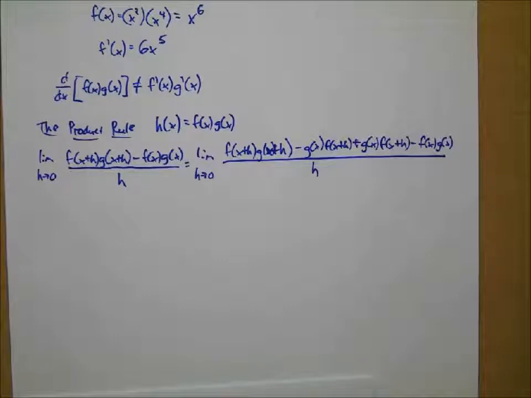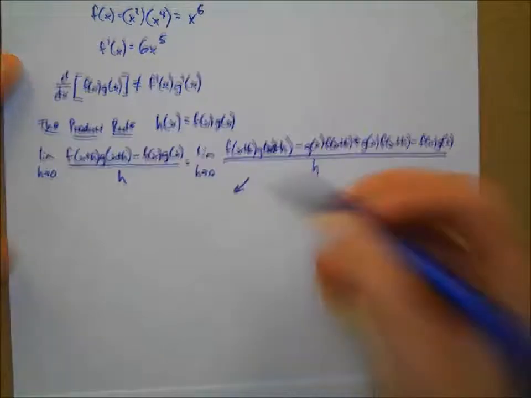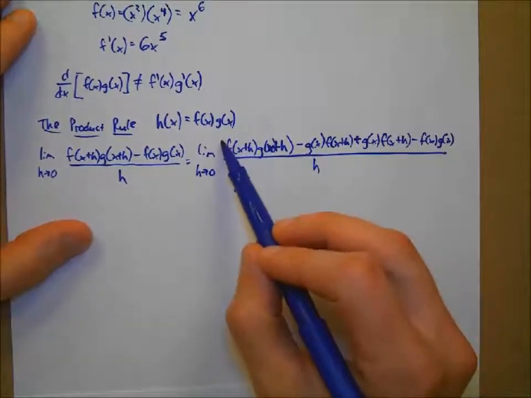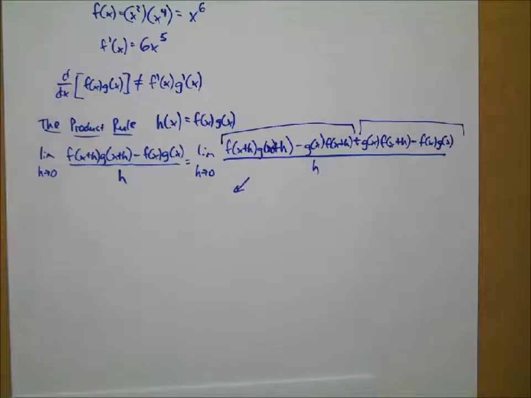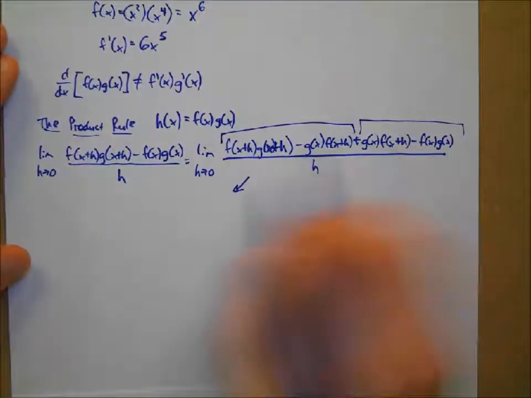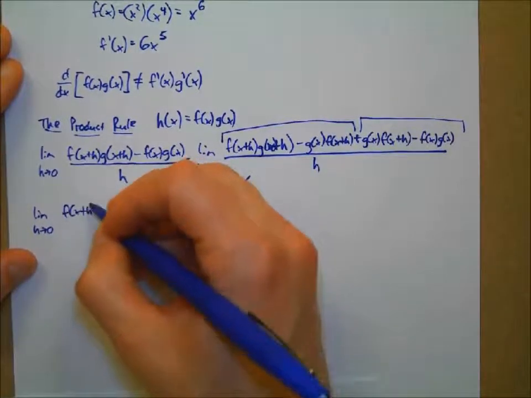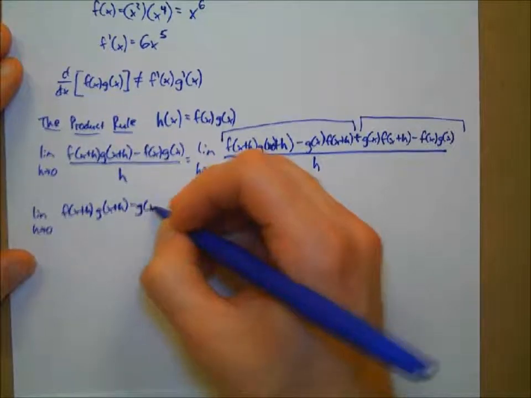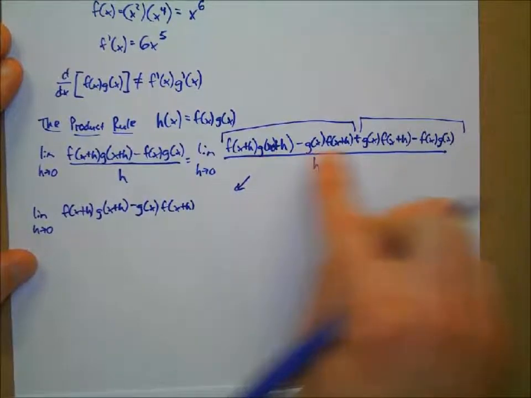Okay. All right. I'm now going to take this down to here. I'm going to break up this limit. Okay? I'm going to group together this piece of the limit, and then I'm going to group together this piece of the limit too. So I'm going to break this limit up into two pieces. I'm going to have the limit as h approaches 0 of f of x plus h, g of x plus h, minus g of x times f of x plus h, right? So I just took this piece right here, and it's going to go all over h,